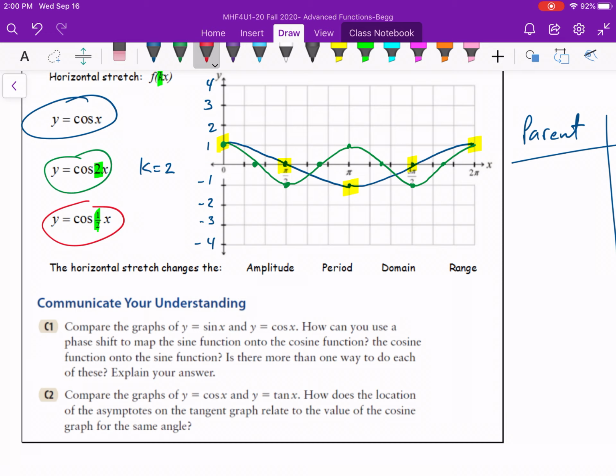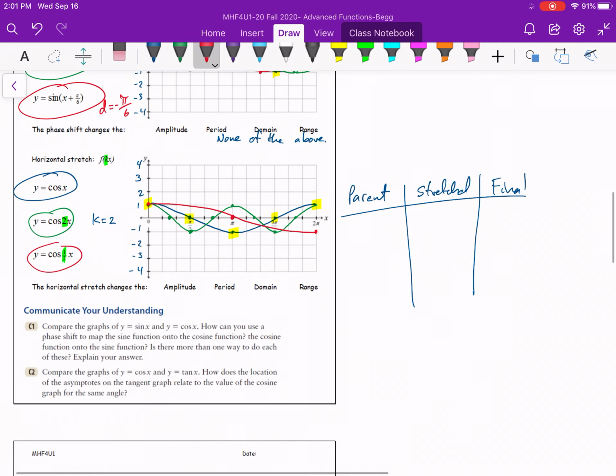All right. So take all my highlighted yellow, blue dots and double the x value. So this first one, if I double 0, it's still 0. For this one, if I double pi over 2, it becomes pi, keeping the y value the same. For this one, if I double pi, then I get 2 pi. Again, keeping the y value the same. And I've already run out of room. So really all I'm going to get is half a cycle in here before I'm out of space. But that's okay. Okay, so just to show you that we can do this with the table, let's make one